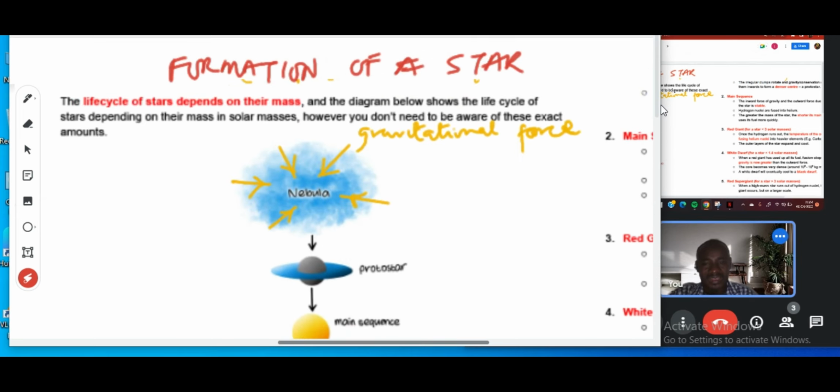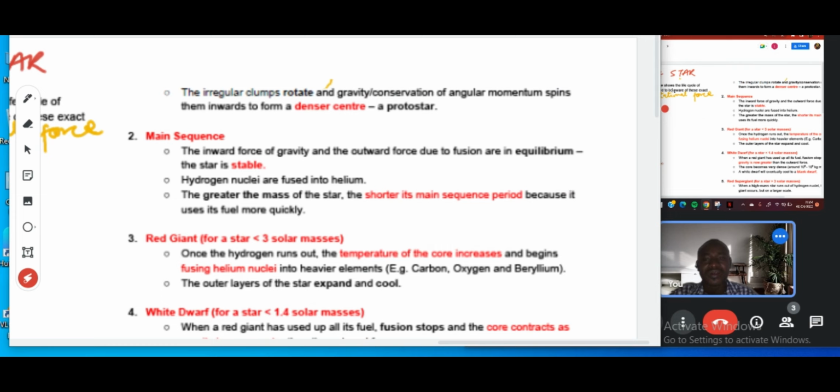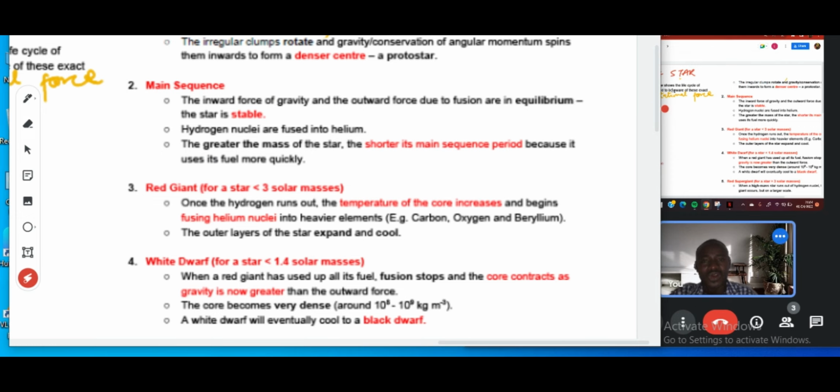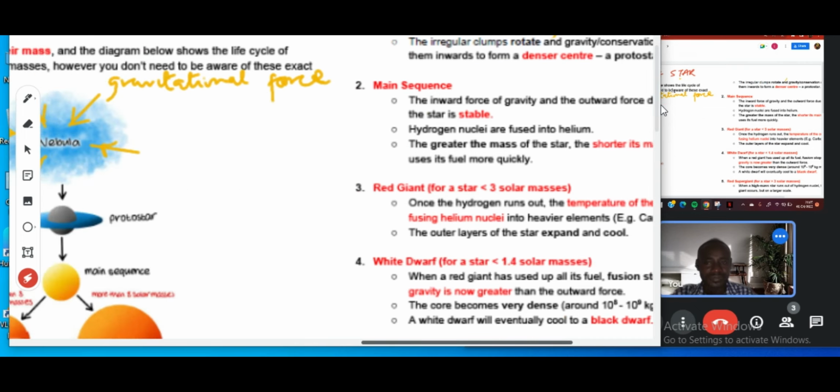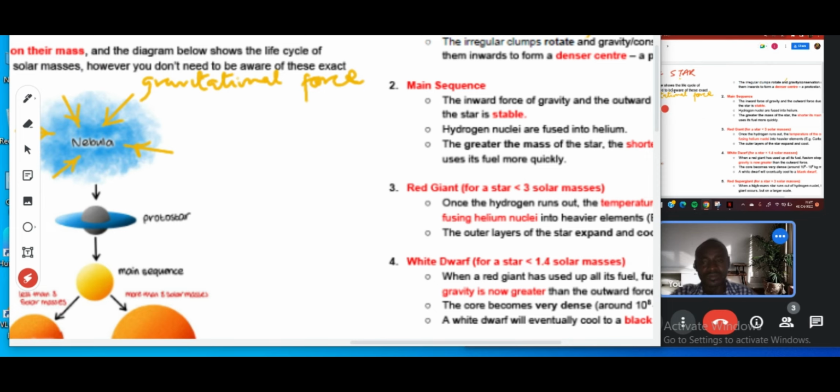That much heat at the core will cause what we call nuclear fusion to begin to occur. Nuclear fusion. Yes, we've done something about nuclear radiation. I told you about nuclear fusion and nuclear fission. Do you remember what nuclear fusion is? What's fusion? Fuse.